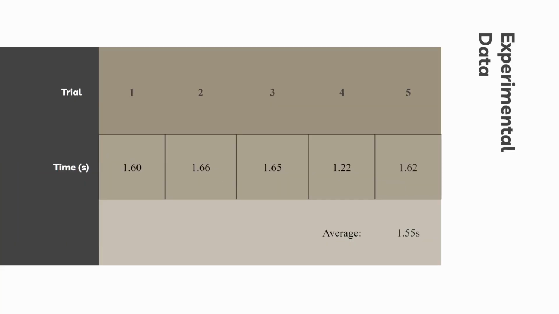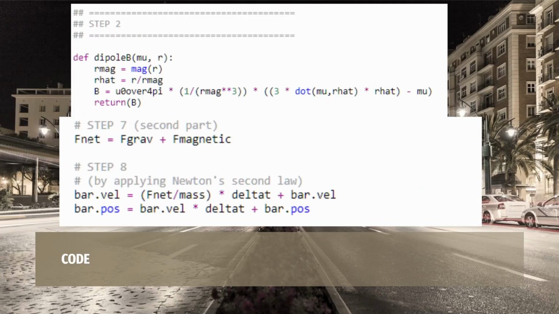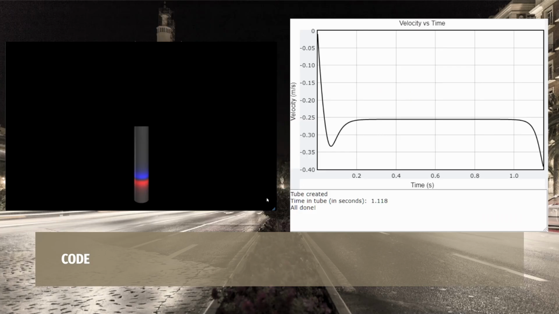Here's our experimental data with an average drop time of 1.55 seconds. And here's the code. The geometry of the tube included variables such as length, width, and radius. The properties of the magnet included the magnetic dipole moment. We used these numbers to define some functions, and we use these functions to find